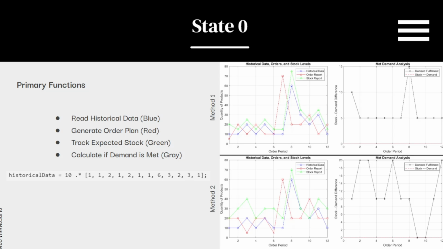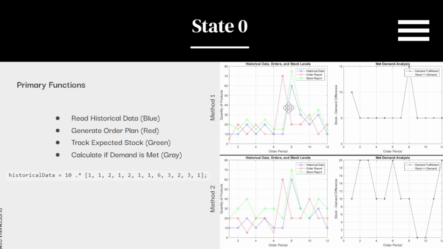So if we look over here, what we can see is that we have our historical data in blue. This just basically means that this is our sales in the past. And then what we can do is we can look at that and we can say, okay, let's have a predicted order that we're going to have, so we're always able to have stock for our product. So we look at this red line. This is what we are going to order so we can stay on top of things. And then we look at the green line, and this is how much stock we have of everything. Same thing up here, same thing down here.